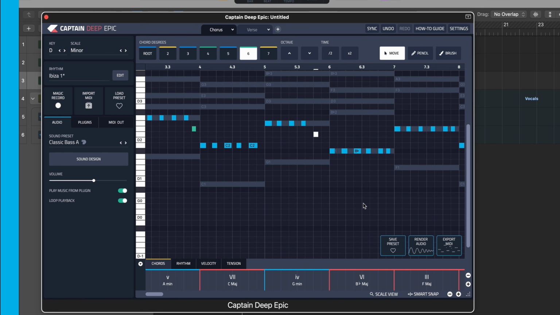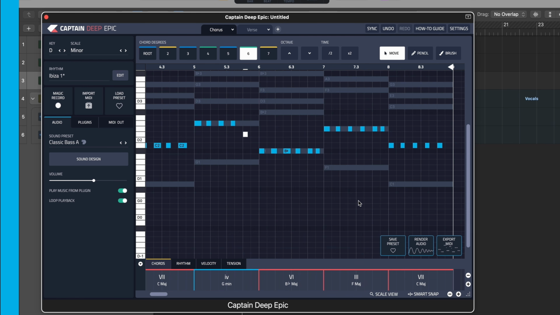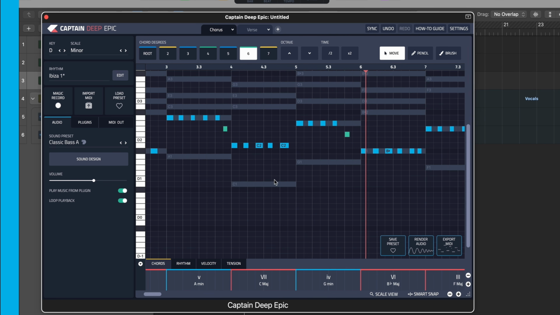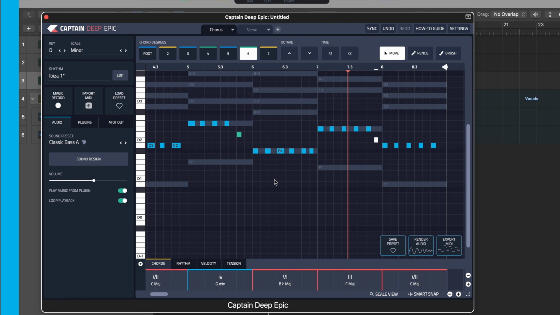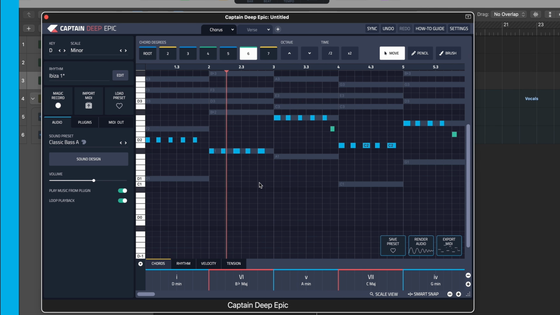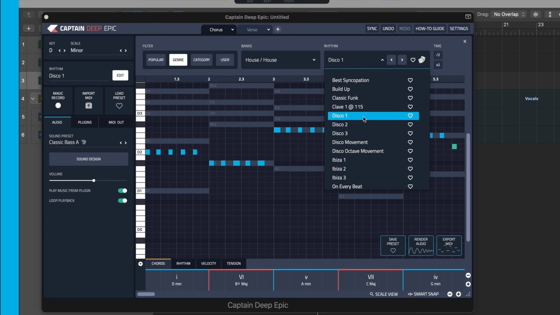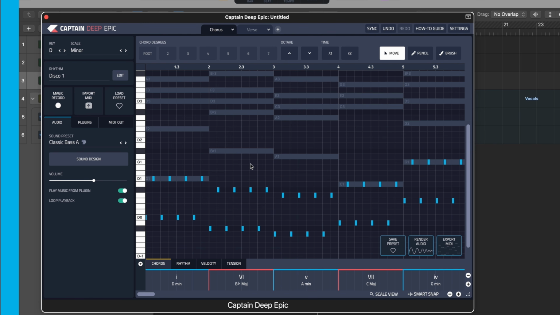And in this one, again, we can have a little bit of tension. Keep it similar, so there's a little bit of symmetry in the way the bass line is playing. Let's not have one here, but one here. Yeah, let's see. So it's varying. Yeah, that's not bad. I'm not sure if I would settle on that, to be honest. I actually quite like the disco patterns. I think they are really nice.